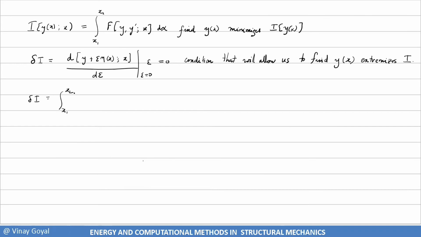I did it earlier, but I'll write it down again so it's clear. Partial of f with respect to y delta y plus partial of f with respect to y prime delta y prime, dx equals 0. We found that this condition leads you to this condition right here,